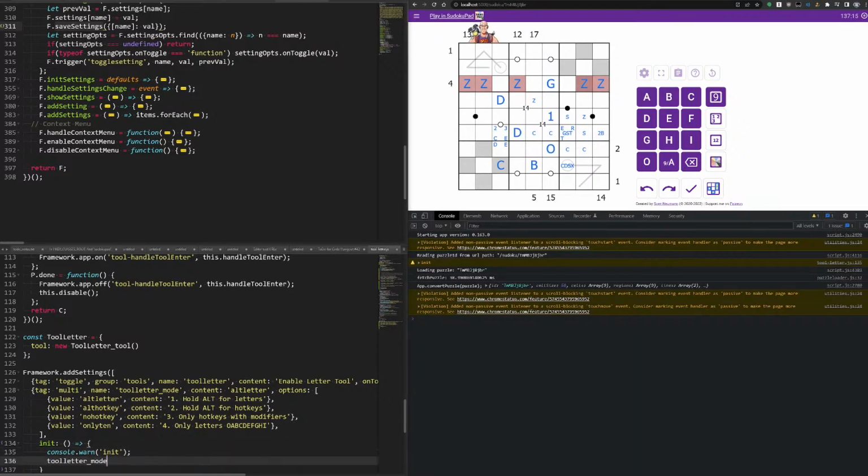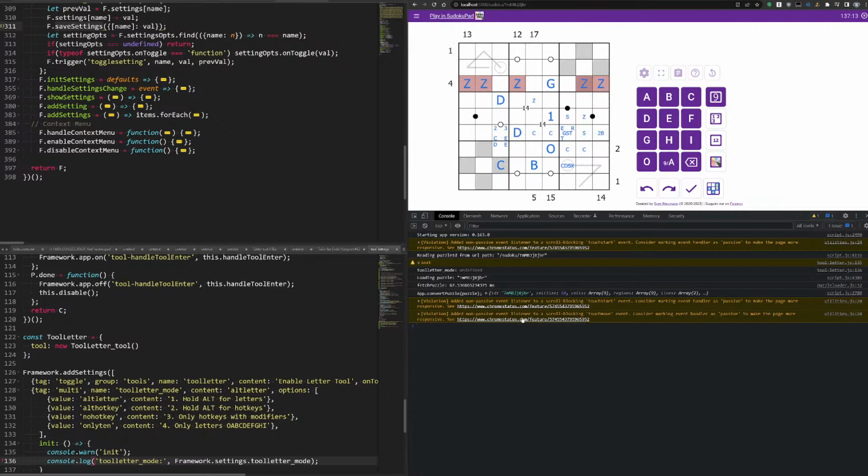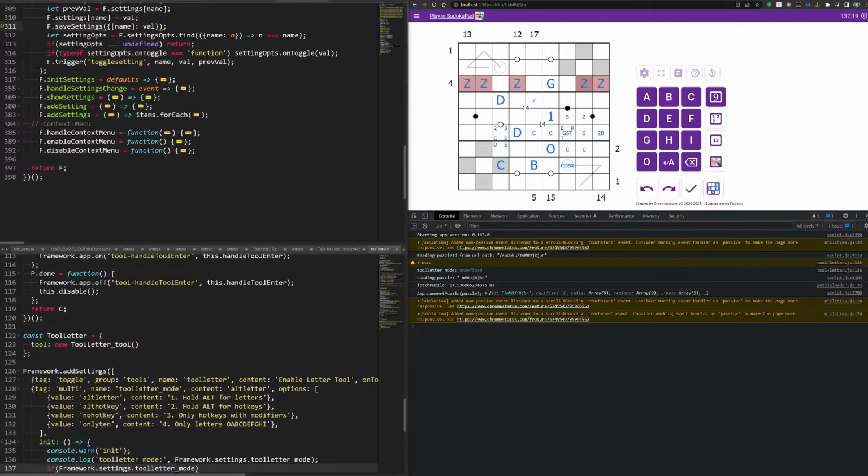Okay. And then we'll go do this. Something like that, right? So if equals undefined,